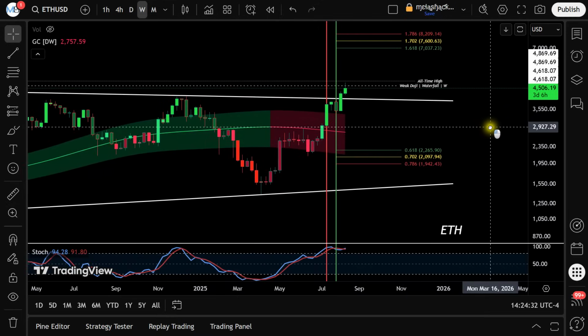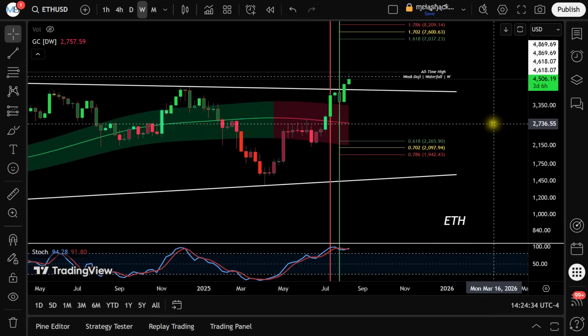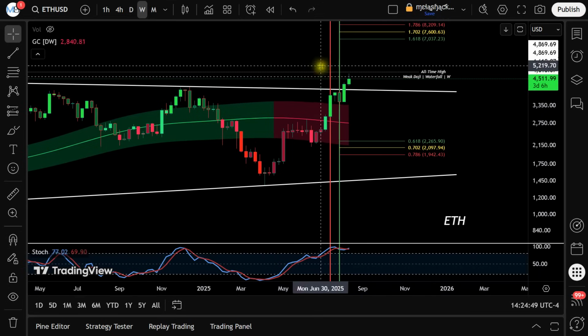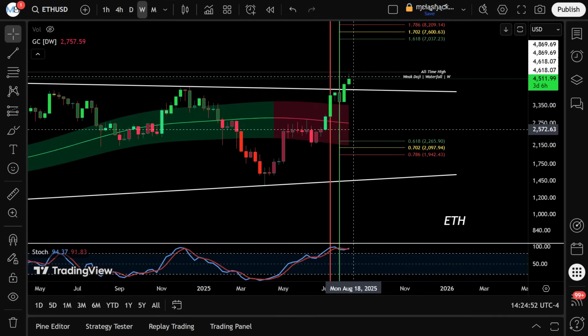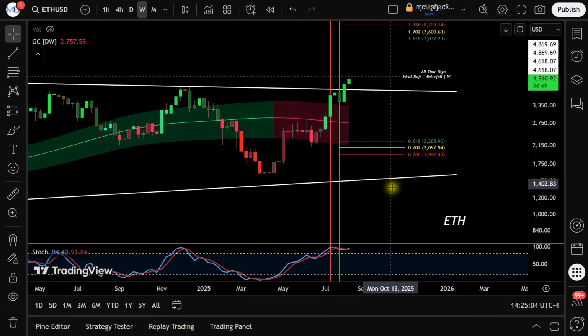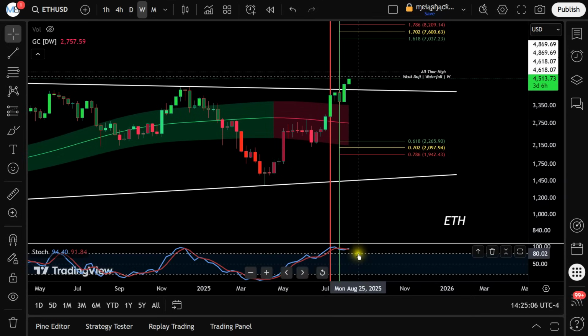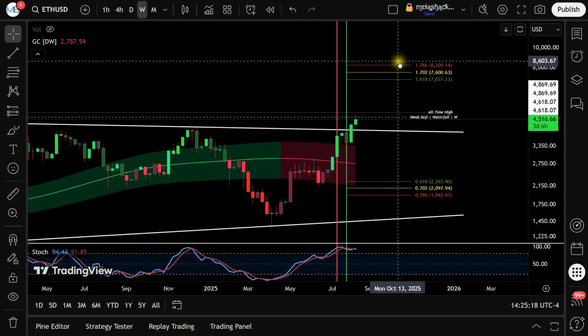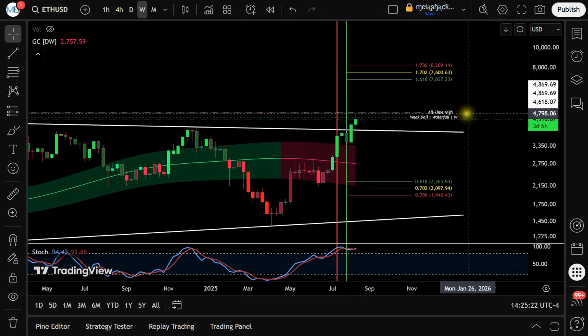Something that's important to know about Ethereum is it currently has a bullish embedded stochastic and has had this condition for 5 consecutive weeks. This is extremely bullish, and Ethereum will continue to be bullish as long as it is trading above the 80 on the stochastic. We do have these upper fib levels right here, which are a likely target. If we can break through this all-time high right here, resting at about that